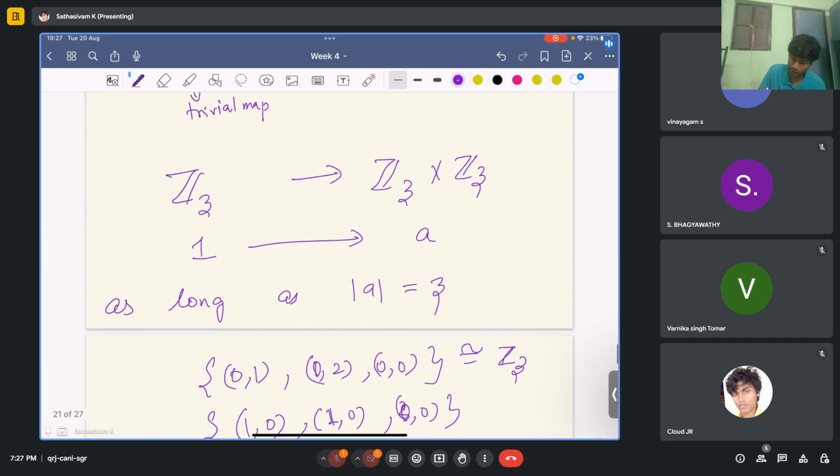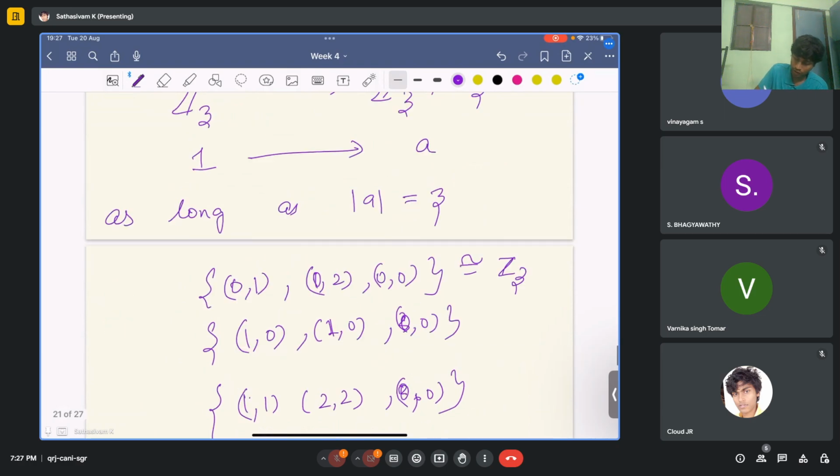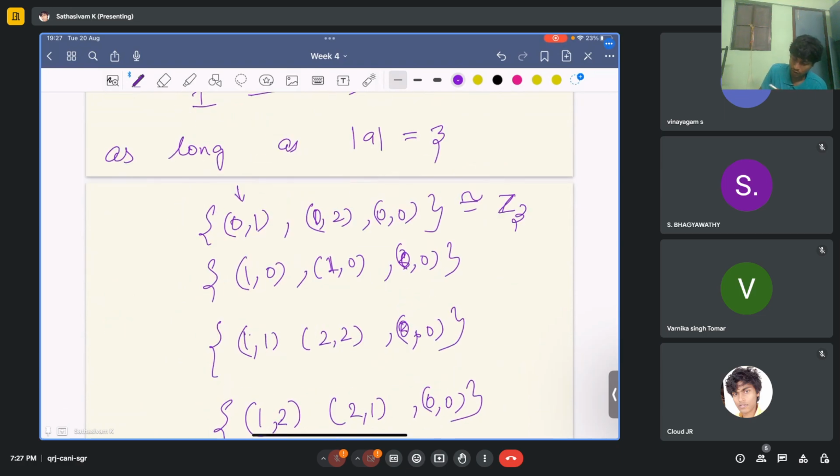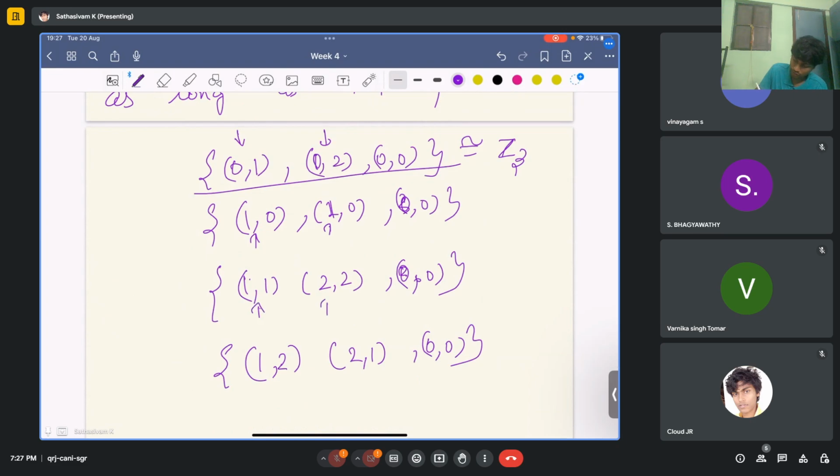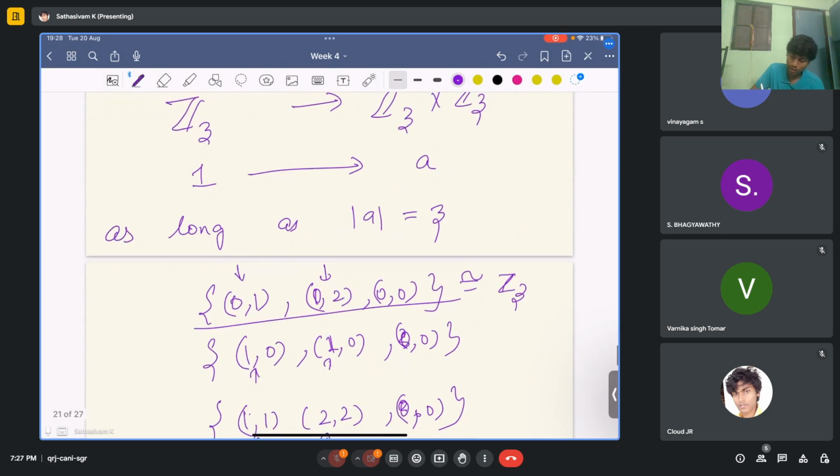Okay, so that is what I was trying to say. This one I can map to here, inside this subgroup. And here also I can map to this, I can map to this, and similarly inside this subgroup. So anywhere I map this one, I will get a homomorphism. Those homomorphisms are different, right? Mapping one to this and mapping one to this one is a different homomorphism because the one maps differently. Okay. So what I'm trying to say is,